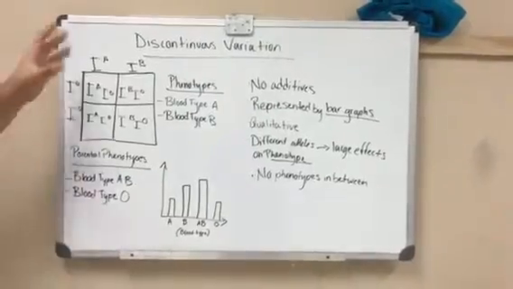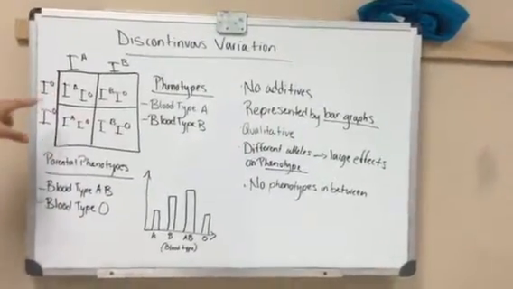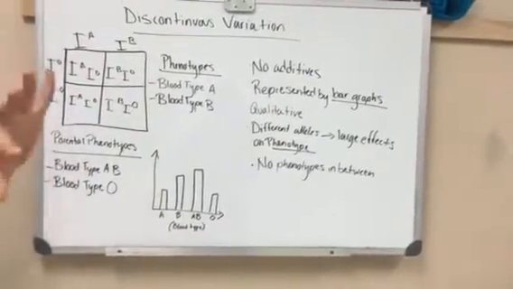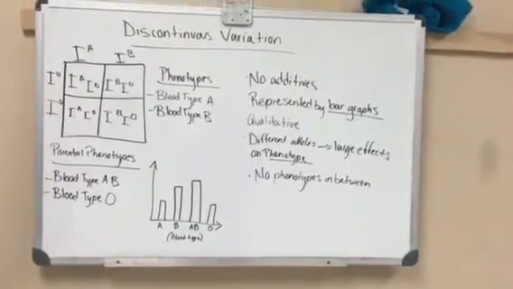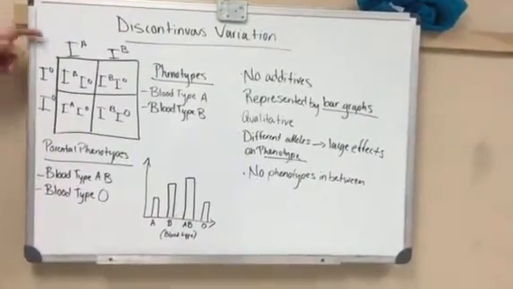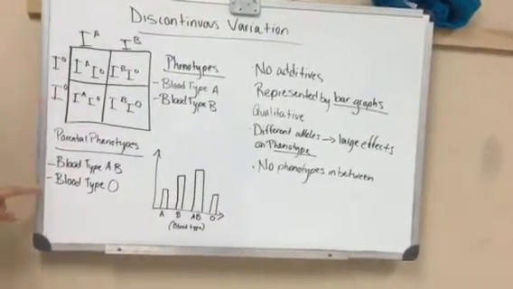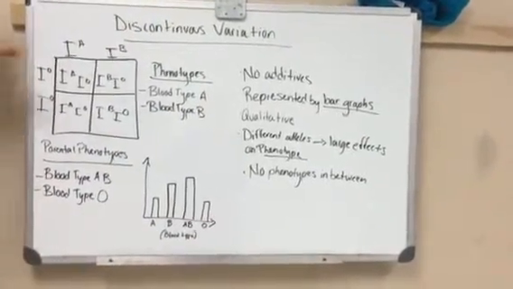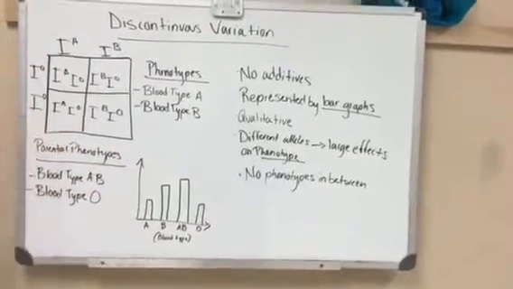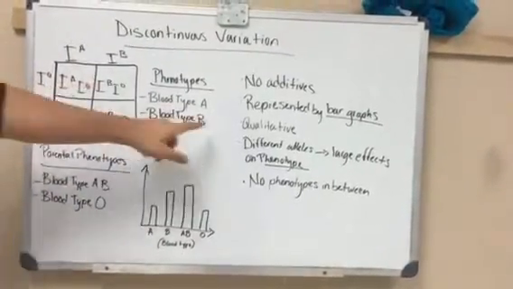This is basically a cross between two parents with blood type. We usually use A with the superscript of A, or A, O, or B to represent blood type. And the parental phenotypes: over here we have a person with blood type AB and another person with blood type O. So basically when we cross them, we'll notice that their children's phenotypes are either blood type A or blood type